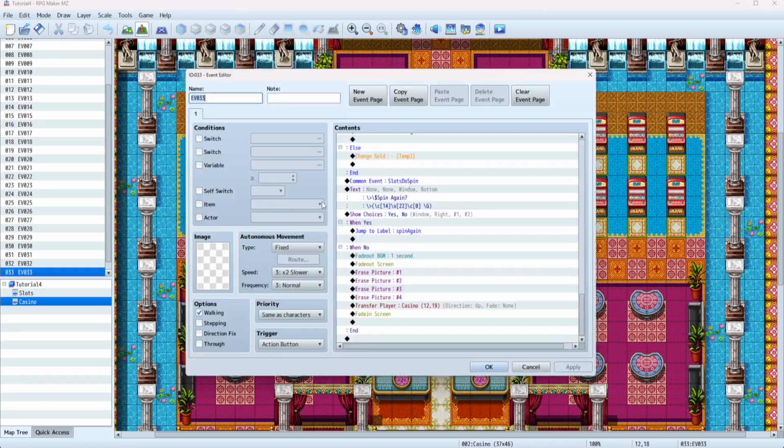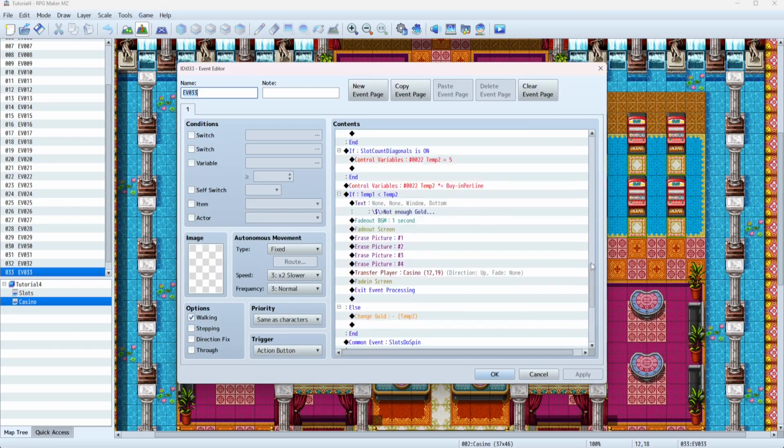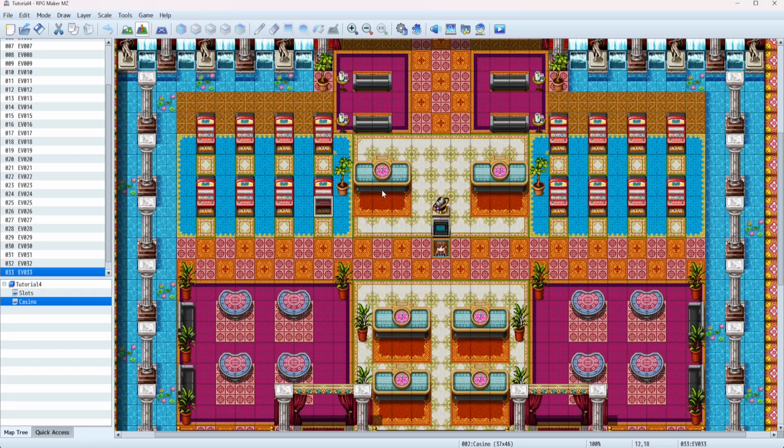Just wherever you put this event down, do go talk to it, walk up to it while you have gold,